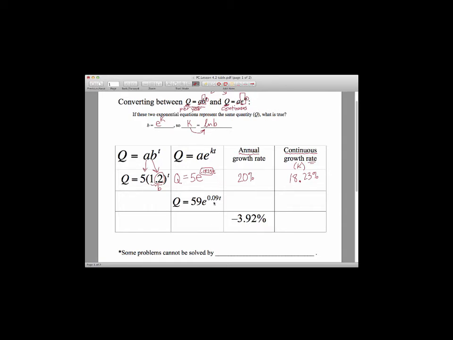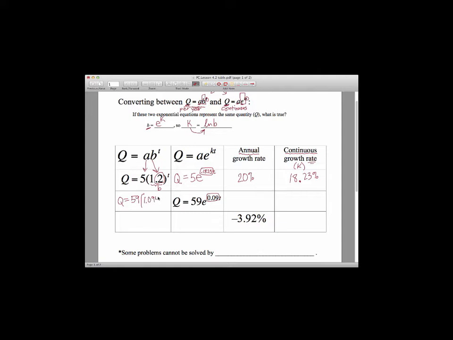Okay, let's see if we can go backwards. Now, if we have the continuous formula and we know what k is, can we write the other version? The other version has to be Q equals, it will have the same initial amount, 59, but instead of e to the 0.09, we need to replace it with a growth factor, with b. So from our previous information up here, how do you find b? You find b by taking e to the k. So on your calculator, you type in e to the 0.09 power, and if you do that correctly, you should get